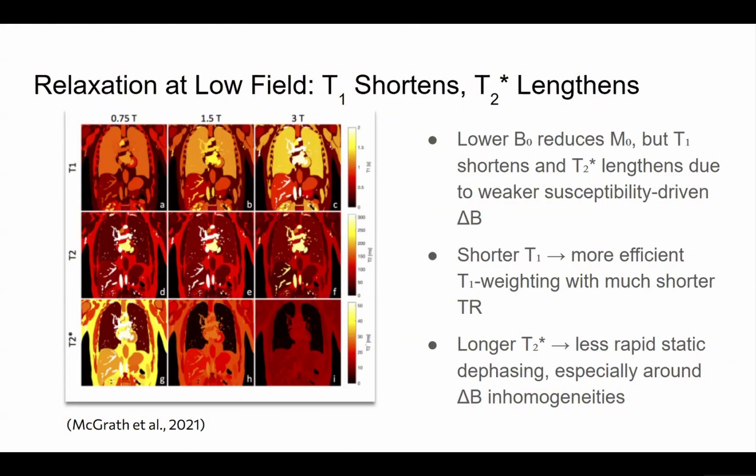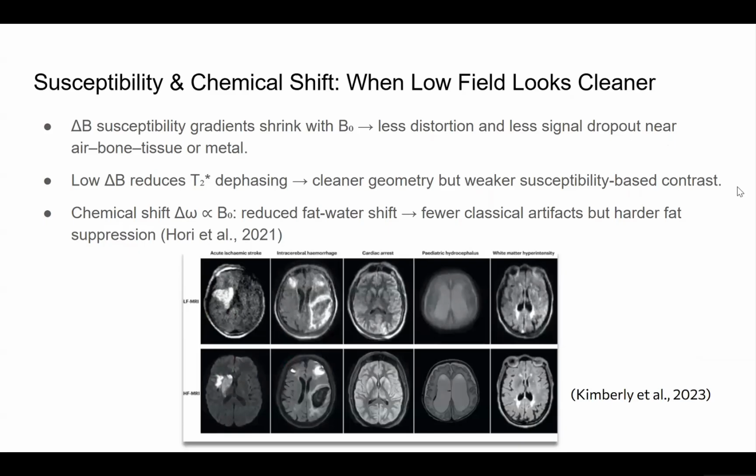contrast mechanisms are different. Also looking here at susceptibility and chemical shift, MRI is changed in low field because susceptibility-driven delta B scales with B naught. The static dephasing term in T2 star becomes much smaller. Clinically, this means that there's less blooming and less geometric distortion near air-bone interfaces or metal. And Kimberly and their collaborators in their papers show that some low-field brain images are actually geometrically cleaner despite being